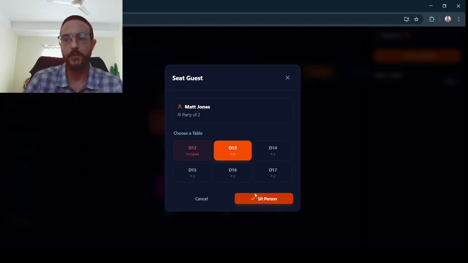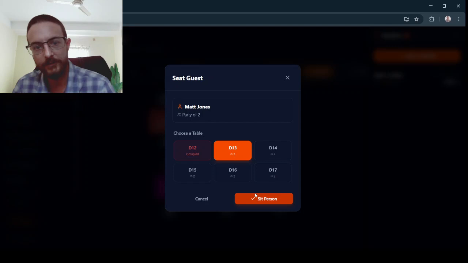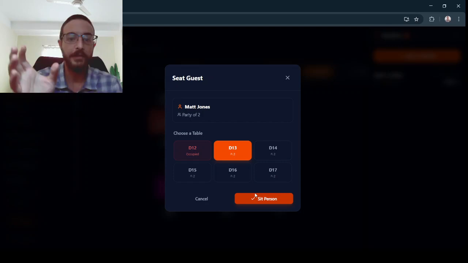If you go to the waitlist from the waitlist page, it'll show you all tables in the restaurant. But when you go to the waitlist from that particular section, like the dining room, like I did in this, it'll just show the tables in that dining room. So when you sit the person,